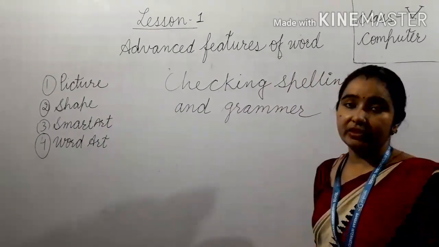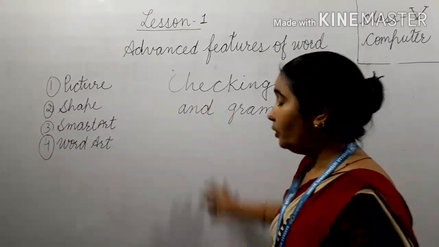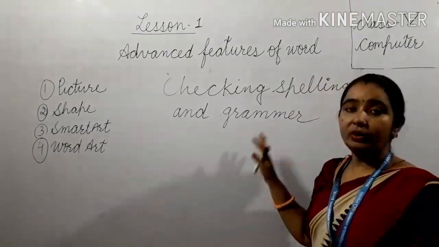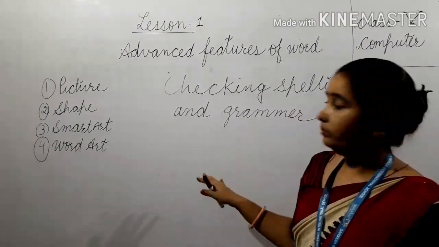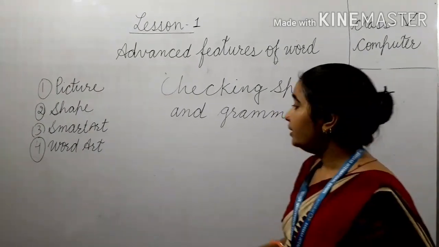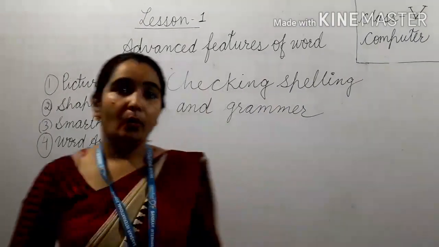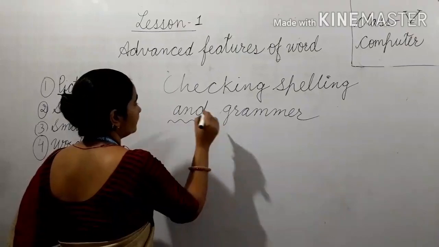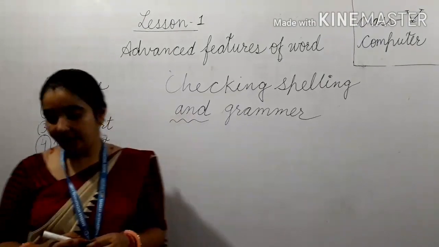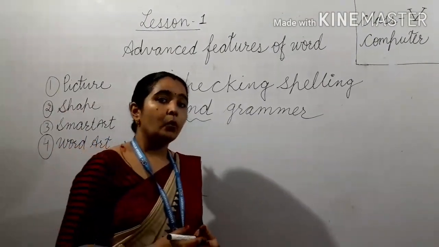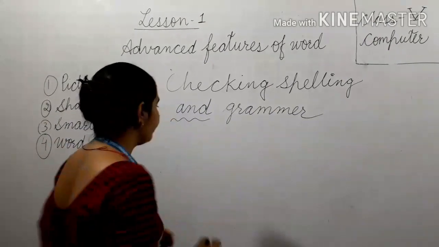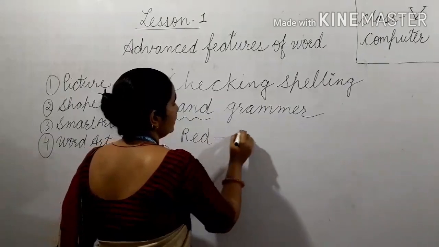What is the meaning of proofing feature? Have you seen a typed document in Word? Monitor पे कभी आपने टाइप किया हुआ डॉक्यूमेंट देखा है? If you have not seen and you have the facility of a computer at home, you can just try it. When you write the text, the computer shows you some wavy lines. Wavy lines just like this. These wavy lines are of different colors. Which different colors? Red, green and blue. Why does the computer show the red lines? Red lines show the spelling error. Red line क्या शो कर रही है? Spelling error.